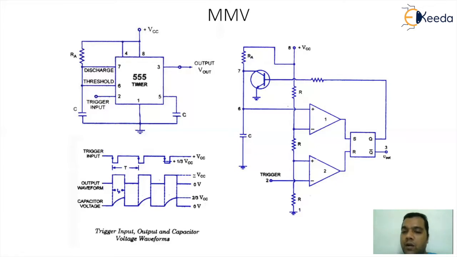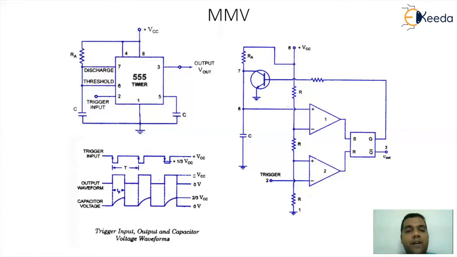If you see the lower comparator carefully, the plus pin of the comparator is connected to the resistor R. So according to that logic, 1/3 VCC will be connected to the plus pin. If the circuit has to generate an output, the trigger signal given at pin number 2 should go below 1/3 VCC. Then only the lower comparator output will become 1, R will become 1. On receiving R as 1, automatically Q will become 0 and Q bar will become 1.